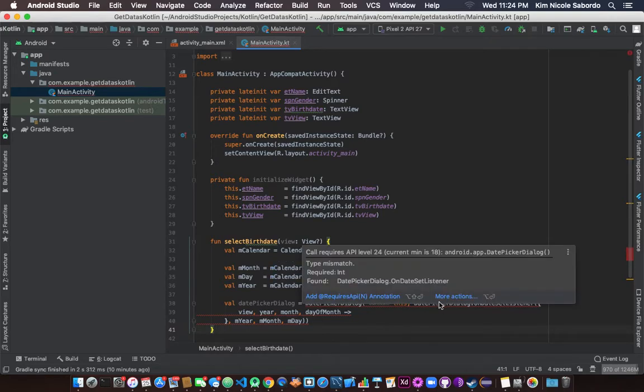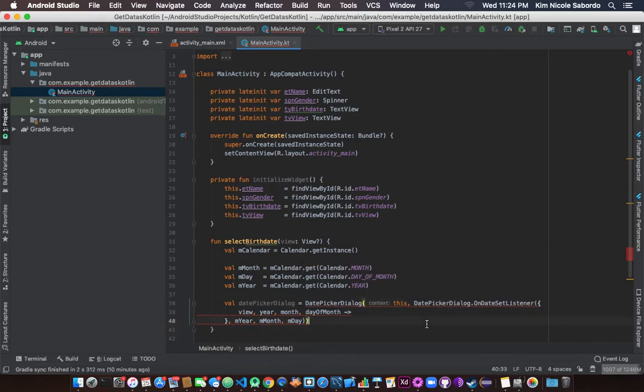So we still have a red mark because of the date picker dialog, which means